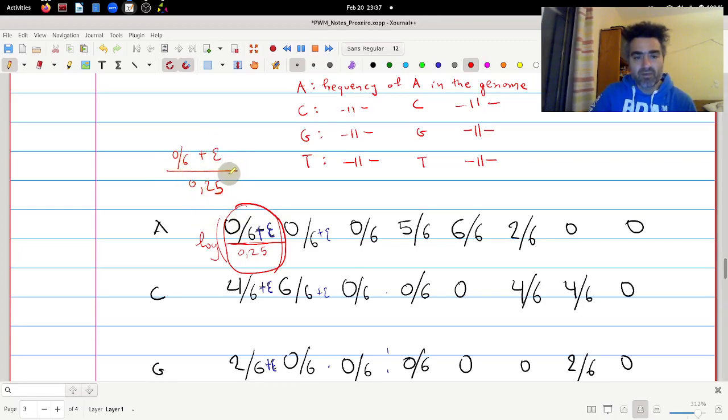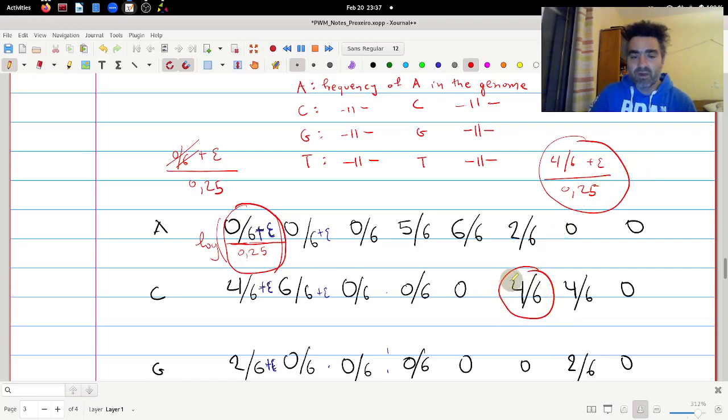Now this will be a small number because this is 0, so it will be epsilon divided by 0.25. But if we go to another one, this 4/6 for example, it will be 4/6 plus epsilon divided by 0.25. And this number approximately tells us